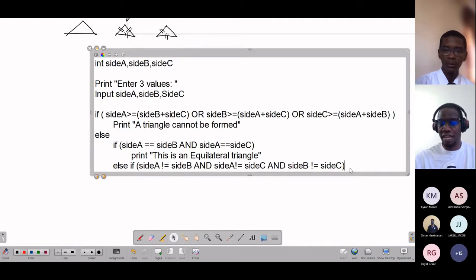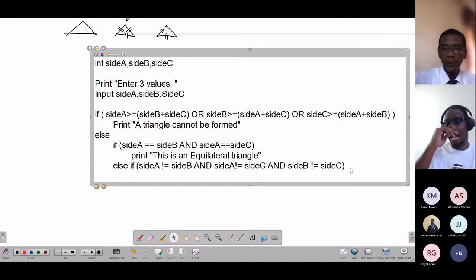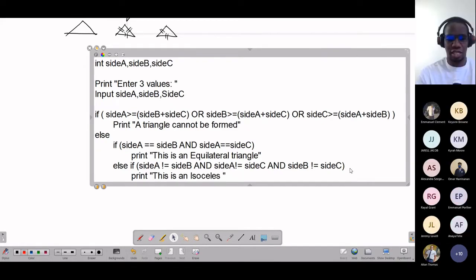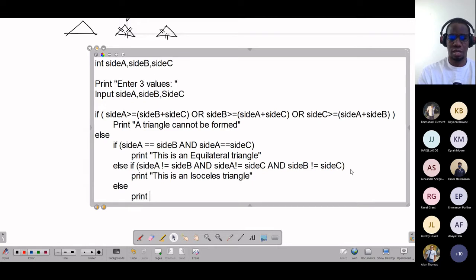Okay, and we could work out the code for the isosceles, but we'll see how long it comes up being, right? This is why sometimes you think it through and say, well, which is easier to code? But we'll take a look at it. So we say print, this is an isosceles triangle. And then in this case, the last case, we'll just have an else. Else print, this is a